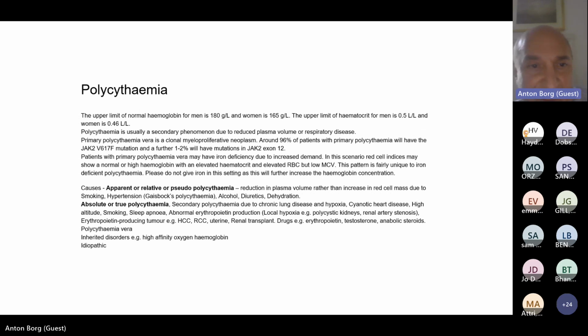Polycythemia, that's defined in males, hemoglobin over 180, in females 165. Really, the trick is to tease out whether the polycythemia is due to a bone marrow cancer. That's the primary polycythemia, still called polycythemia rubra vera. And if you find no causes of secondary polycythemia, such as cyanotic congenital heart disease, but much more common, COPD,